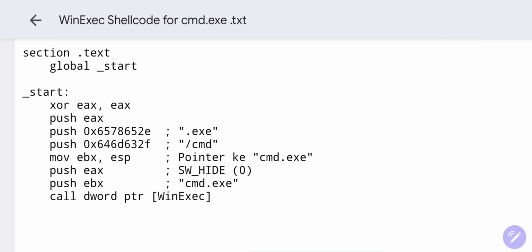Next, go to step number 2. You can see here, _start and xor eax, eax. Imagine you are a new employee in your office, and then you have to think blank in your brain before you start your work. xor eax,